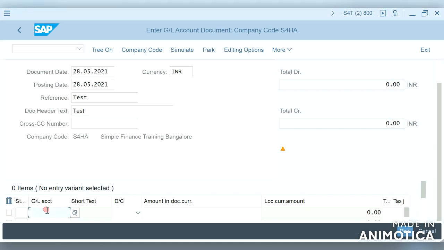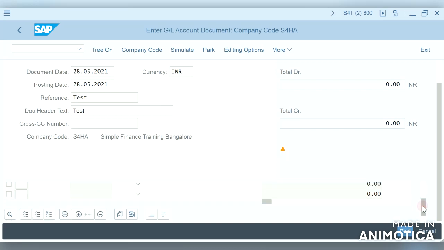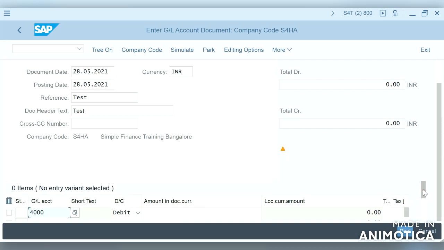So let us give the GL account, rent expenses debit and bank account credit. Our rent expenses account is 4,000, and we will debit, and let us credit the bank account.